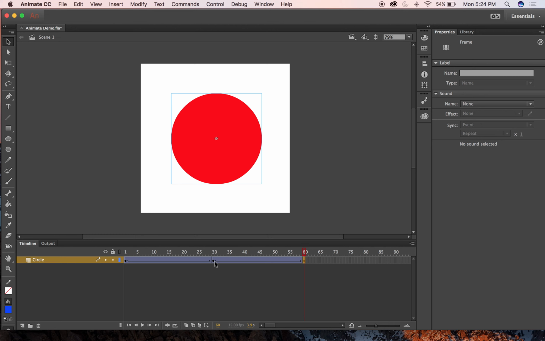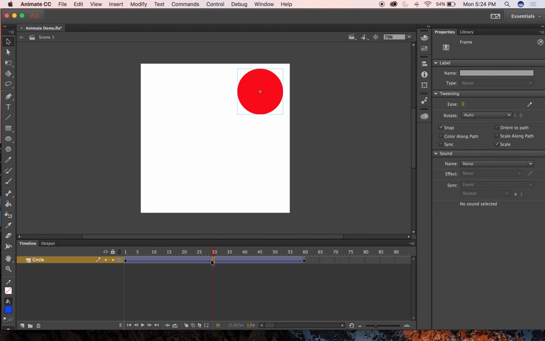So clicking on this keyframe, you can see that I have artwork and it's different up there, and it's changed. These frames, with this little arrow going through them, which you can't hardly see but you will in the video later,